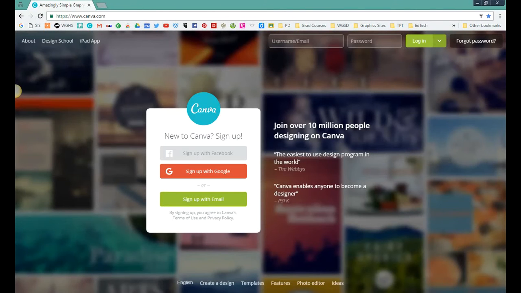Hi, in this tutorial, we are going to learn a little bit about Canva.com. This is a great website that has dozens of templates and design elements that you could make lots of stuff